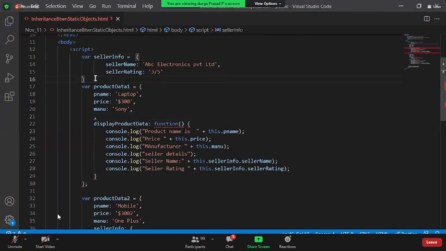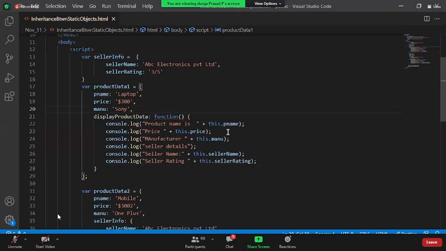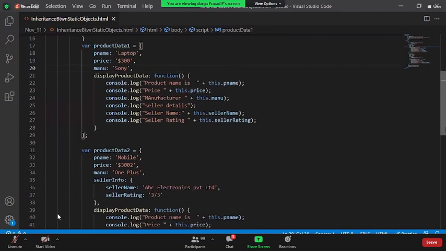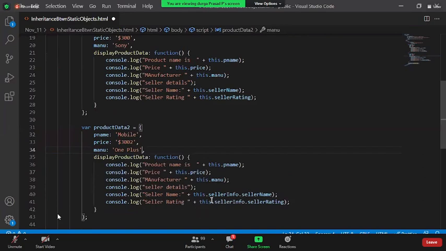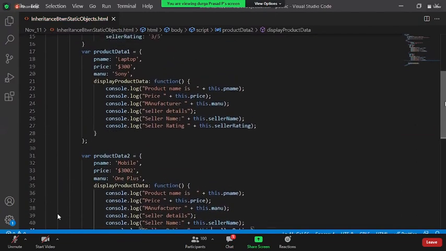And now instead of this dot seller, I would like to access this as this dot so and so. I'm not putting the seller info into the product details, and I'm going to remove it from here as well. Now I have two different objects.